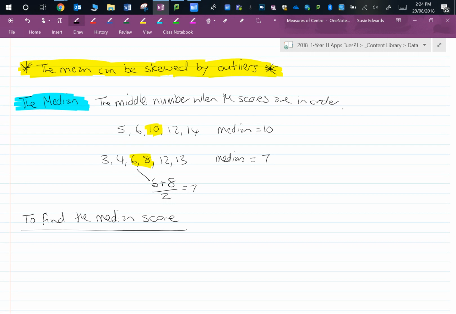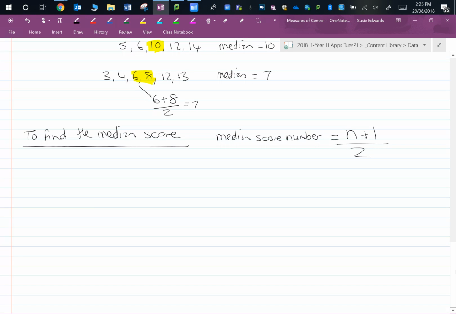There's a little formula you can remember, okay? And it is the median score number equals the number of scores plus 1 divided by 2. I'll explain what that is in a second. But that's the formula. You add 1 to the number of scores and you divide it by 2. So for example,